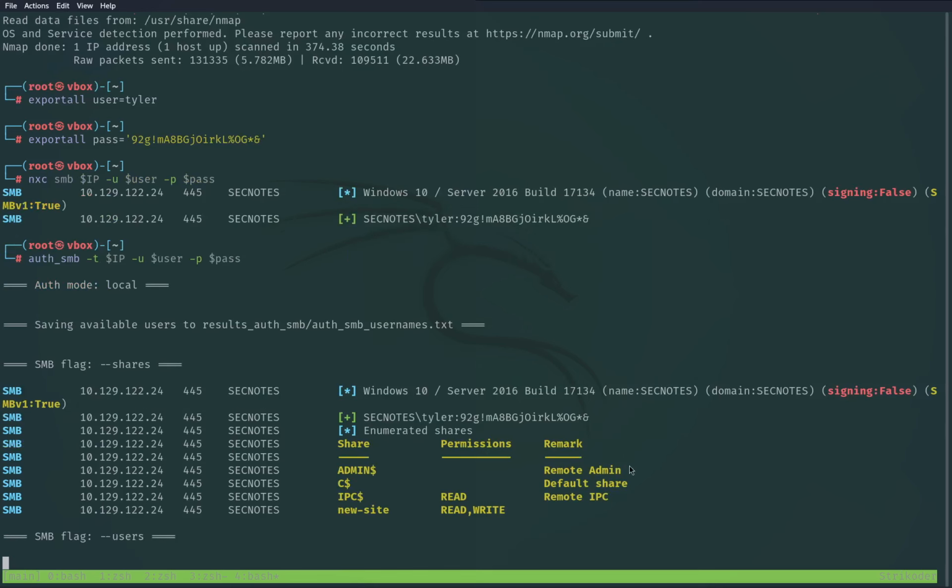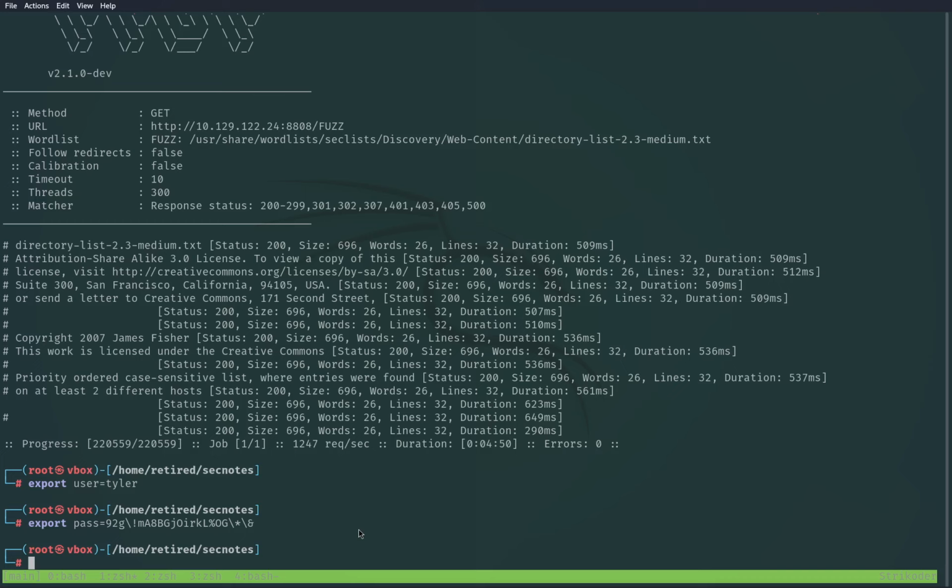So we have IBC new site. So this is the new site that they were talking on about, more precisely. Let me check with SMB client. So here we're still in the same folder, SMB client,